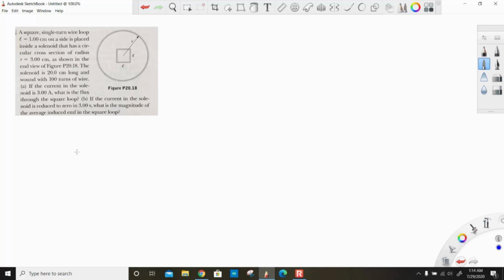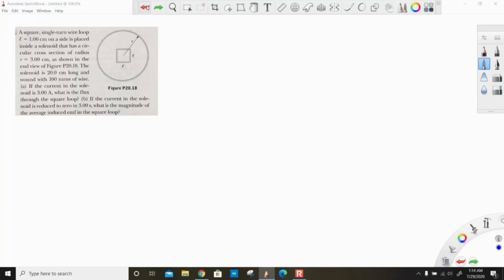Okay, we're going to do a numerical problem this time, having to do with Faraday's law. It's going to be a two-part problem. Part A gets you prepared to solve Part B. Now, just to set you up, we've got a square here, and the single turn wire loop is referring to